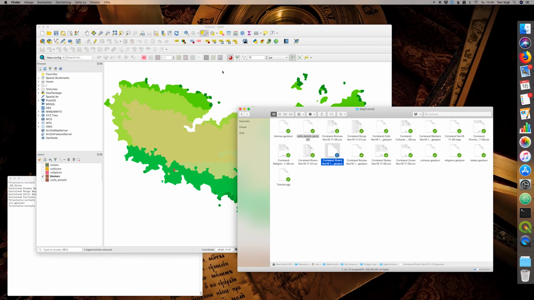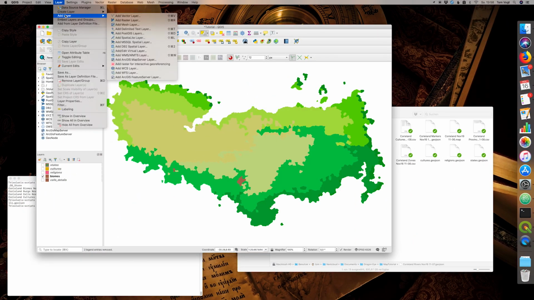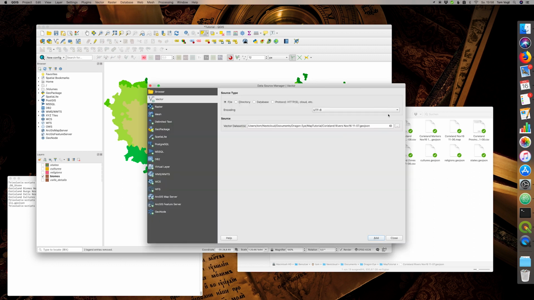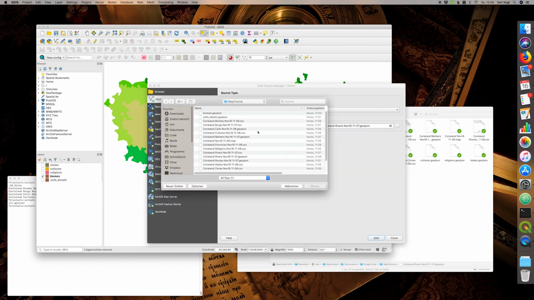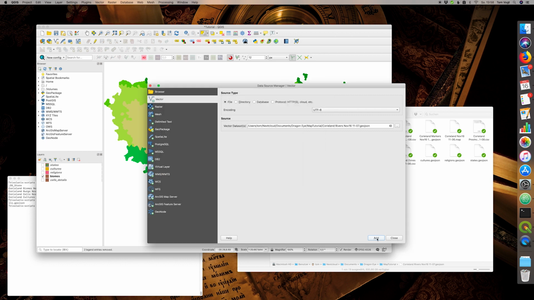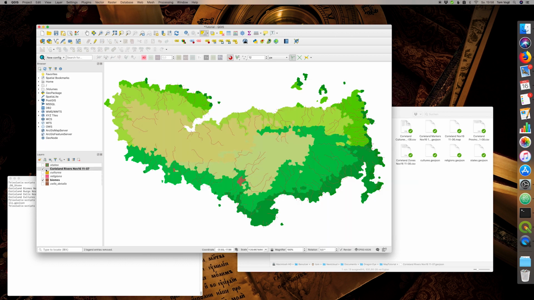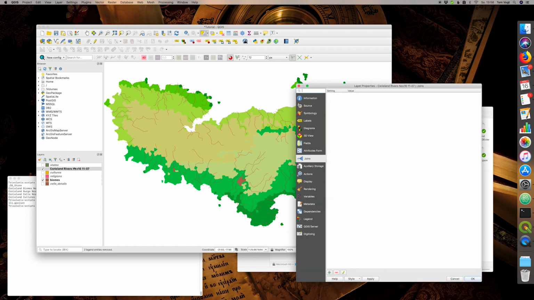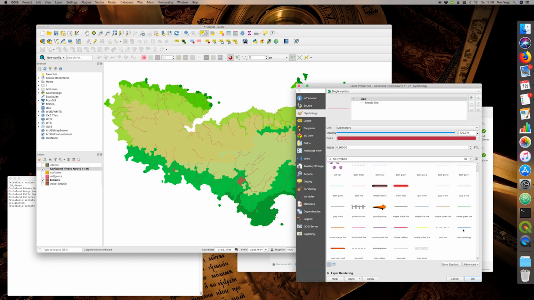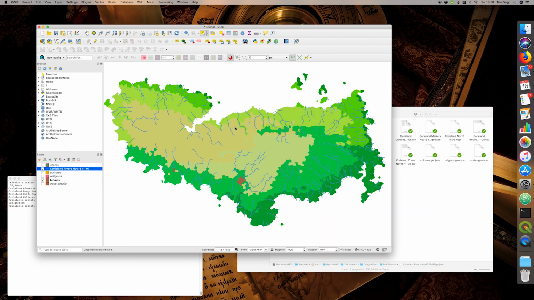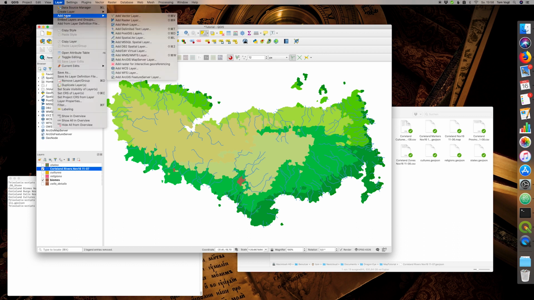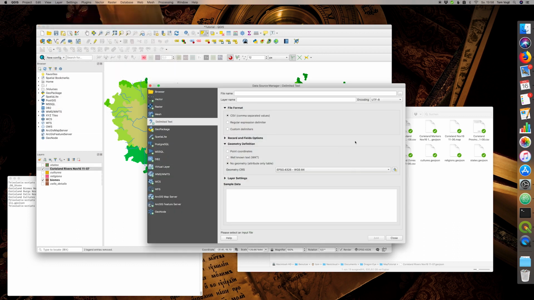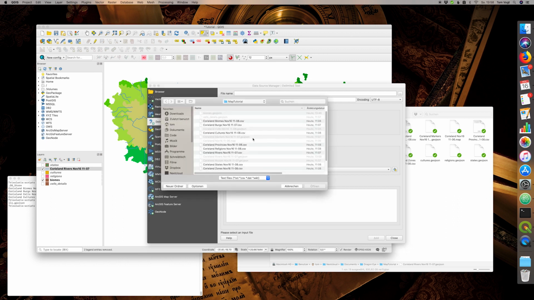And then, as before with the cells layer, we will add this as a vector layer, and we will pick the rivers GeoJSON file in this place, add this, and here are the rivers. We can make them blue by changing the symbology. QGIS has some presets. We'll pick this one. Here we can see our rivers,